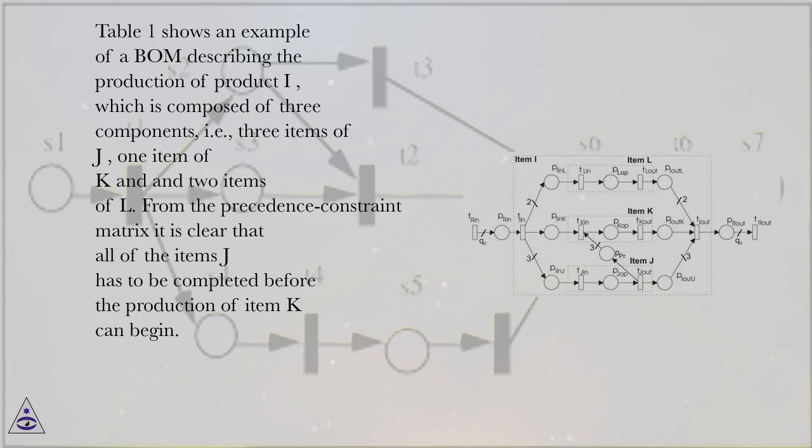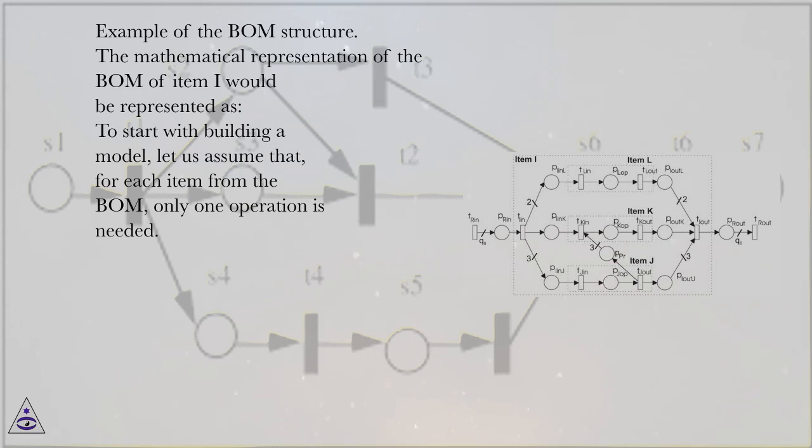Table 1 shows an example of a BOM describing the production of product I, which is composed of 3 components, i.e., 3 items of J, 1 item of K and 2 items of L. From the precedence constraint matrix, it is clear that all of the items J have to be completed before the production of item K can begin. Example of the BOM structure. The mathematical representation of the BOM of item I would be represented as